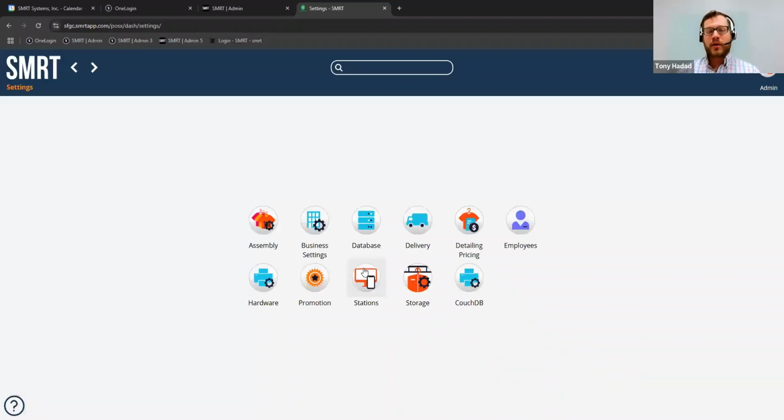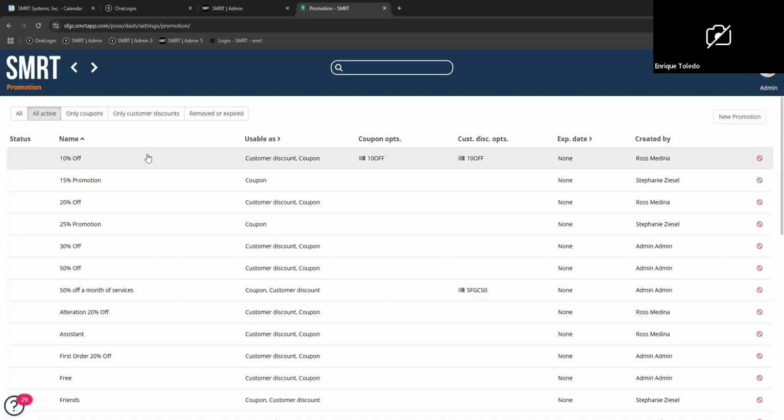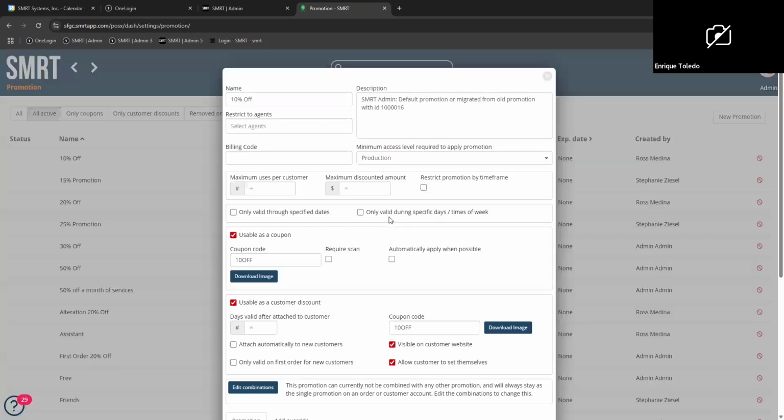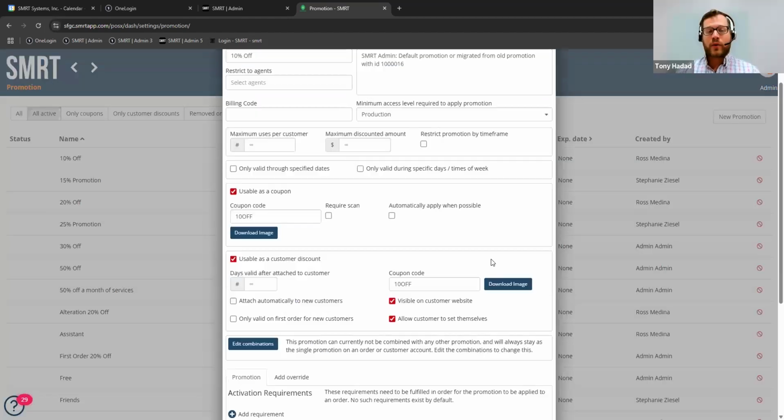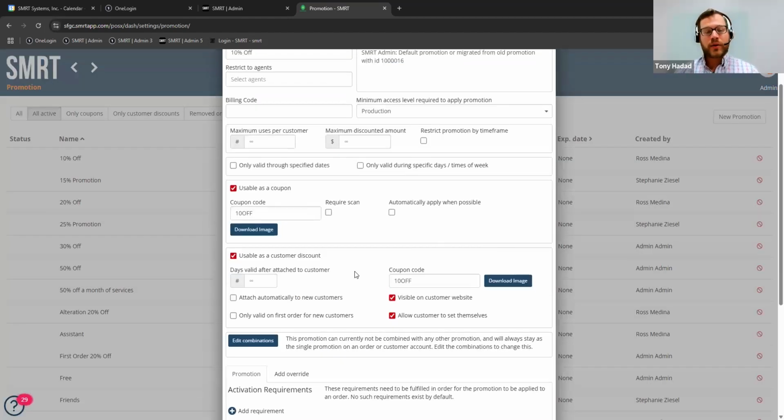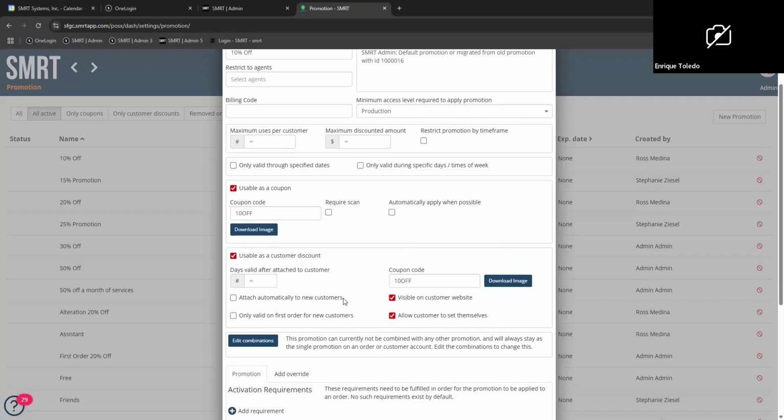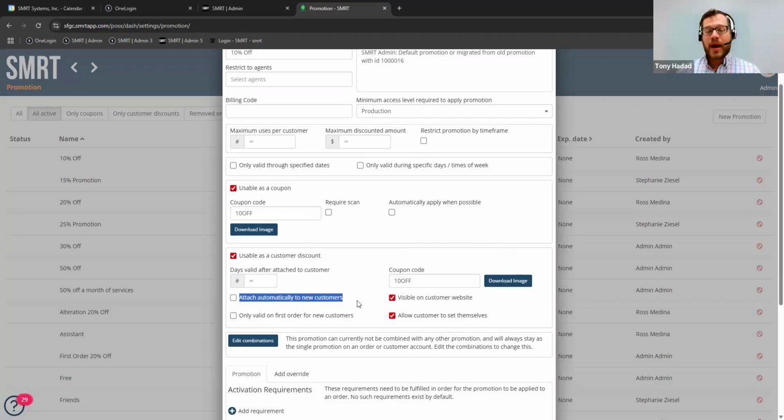Okay. Yes. And Tyler, if you wouldn't mind pulling up promotion so I can show this. But I'll answer the email and text version first. With our system, all of the messages are either auto apply or click to apply, meaning that as long as that promotion is valid for that order, so if it's not excluded and has the right activation requirements, then it will automatically be added.